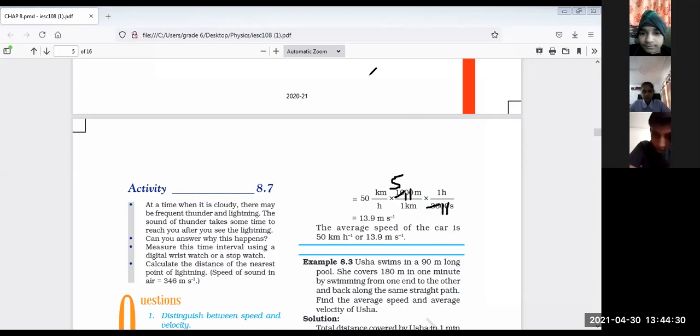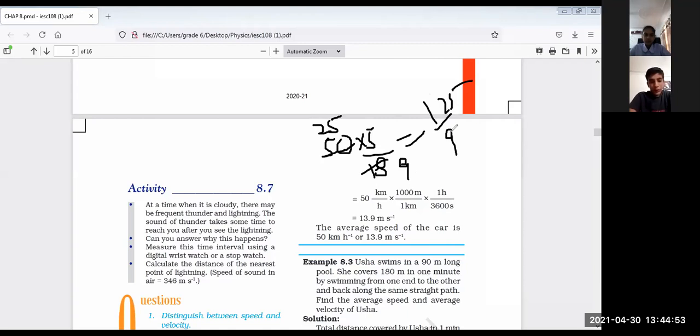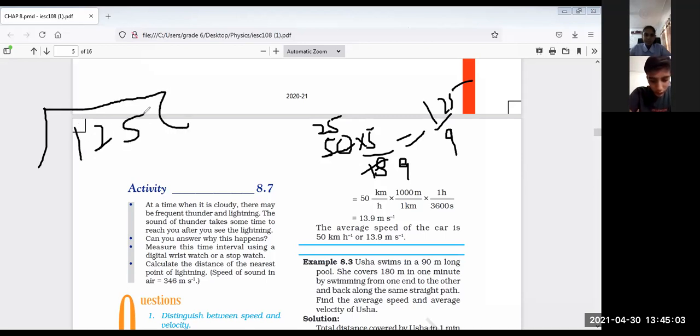That is why I am saying that rather than doing this calculation, if you just multiply the number with 5 over 18, then also you will get the answer. Okay. So 2 9s are 18, 2 25s are 50. Now 25 multiplied by 5 is 125. Divide by 9. Now here I am going to explain you the division. Your eyes onto the screen, everyone. Division, 125 divide by 9.